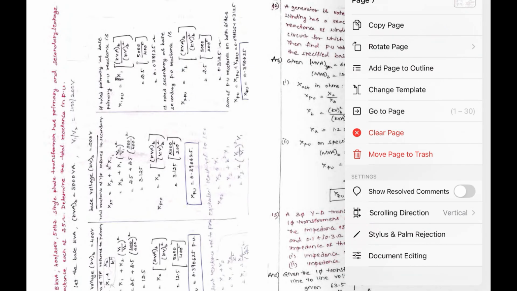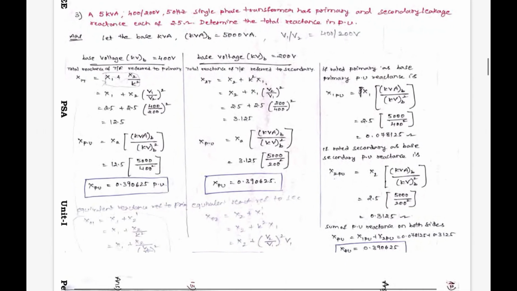Now try to understand the problems and the material. I have given many problems, but we will try to solve a few. So if you are having the transformer